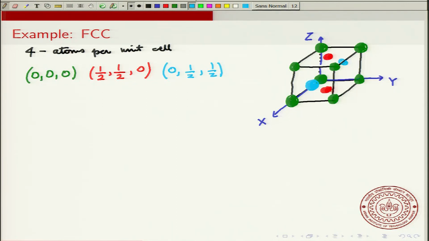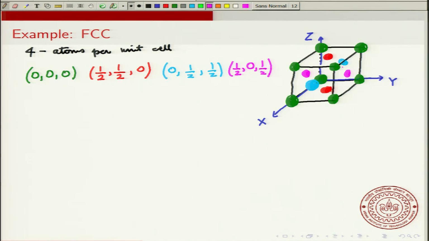Okay. And I need to consider one more atom, which I will choose along the xz plane, right here, this atom in purple. Due to translations, it will also appear here, and the coordinate of this atom is half, y coordinate is 0, z coordinate is half. Okay. So, these are the 4 unique atoms, and we saw how with lattice translations they generate the entire FCC